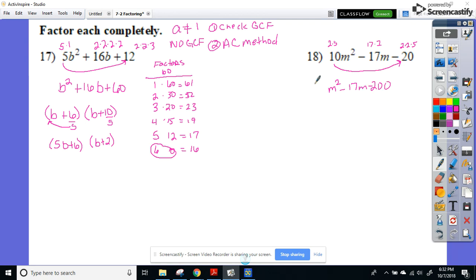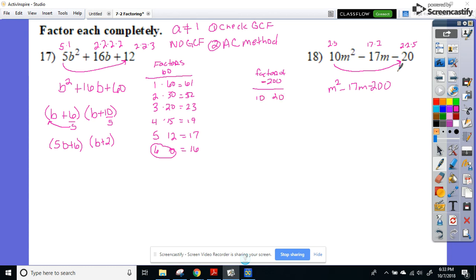Okay, so I'm going to do it over here. So factors of negative 200. Now they need to combine together to give me a negative 17. So I know it's not 1 and 200. I know it's not 2 times 100. I'm going to jump in and try to get numbers that are a little bit closer together. So let's start with 10 times 20 because we know that multiplies together give you 200. So if one of them has to be negative,